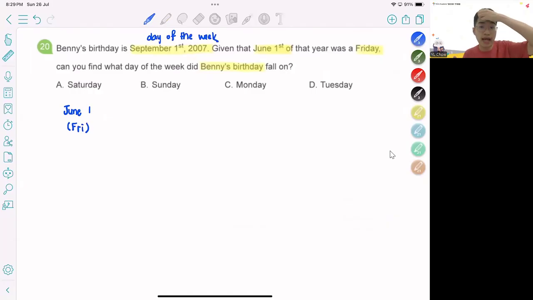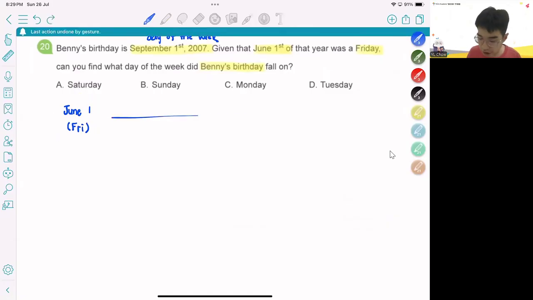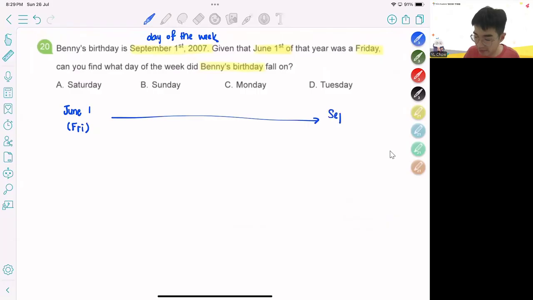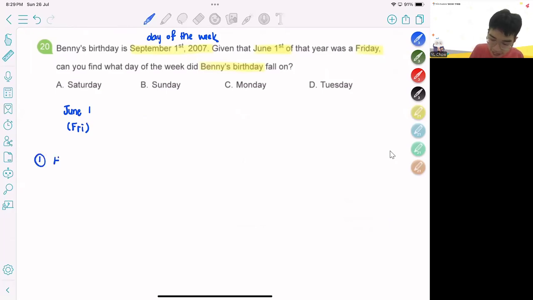This is a common calendar problem that could appear in your MCQ section. You need to find out the day of the week for a certain date, given the day of the week for another date. Luckily, this question gave us the day of the week for a day in the past, June 1st, and we want to work towards the future to find September 1st. Usually when we see these sort of problems, there are two things you need to do. Number one, you need to count how many days later